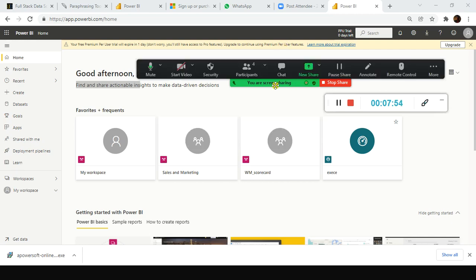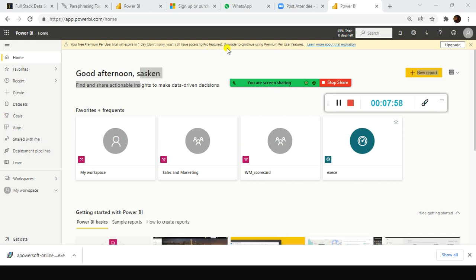Probably wait for a week or two. Afterwards you can try creating this even with your official email ID, because the longer the duration you have it, the more time you will have to practice it. Anyhow, we are going to work with Power BI Desktop for the next 2 to 3 weeks, and only then we'll be working on the Power BI service: workspaces, how to create workspaces, and how to create the content pack, all those things.